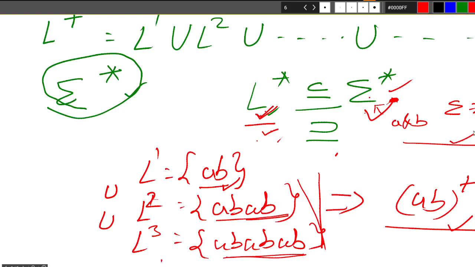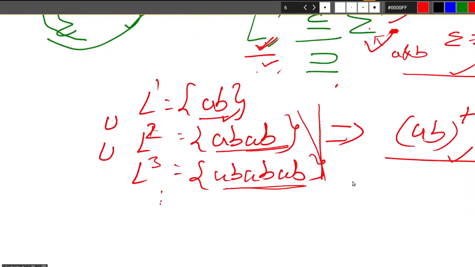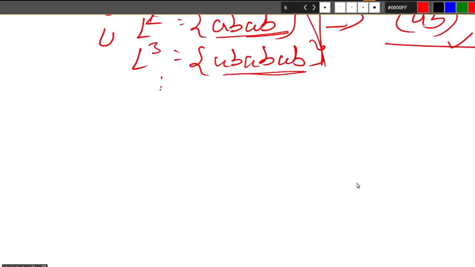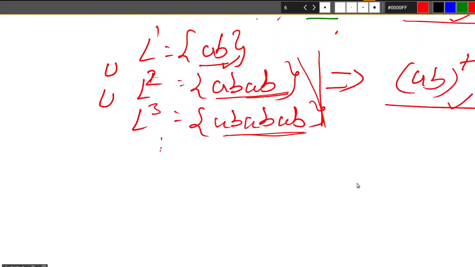Now, next class we will see further. Maybe we will see grammars or we will see regular expressions. I believe regular expressions will be better, I think. We will see in the next class. Till then,